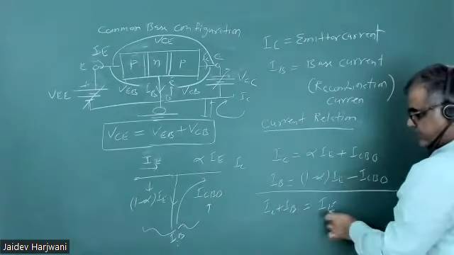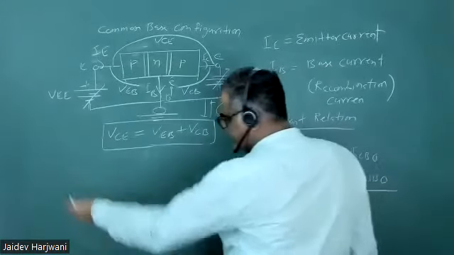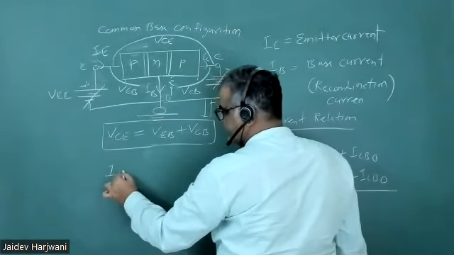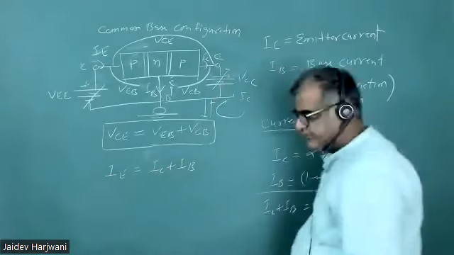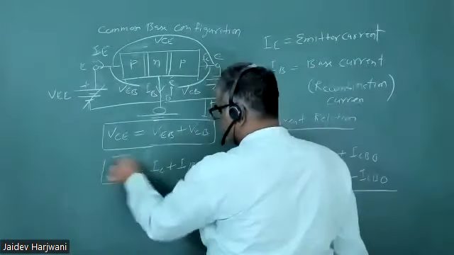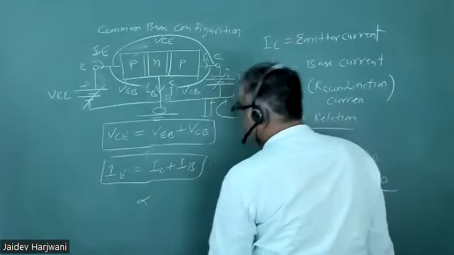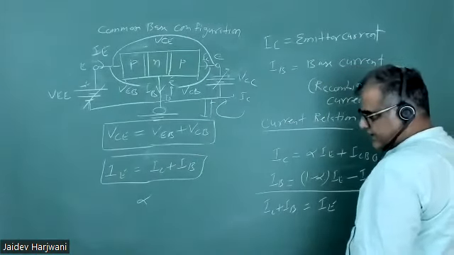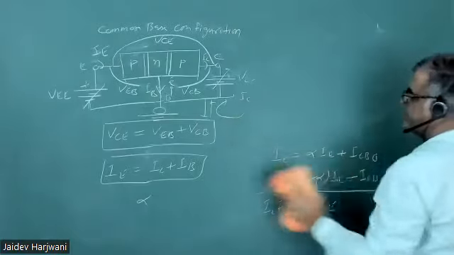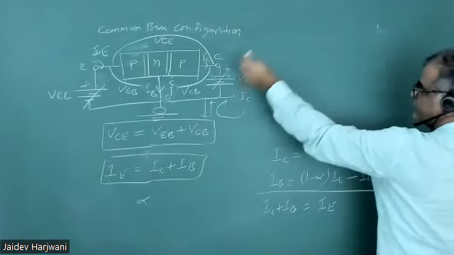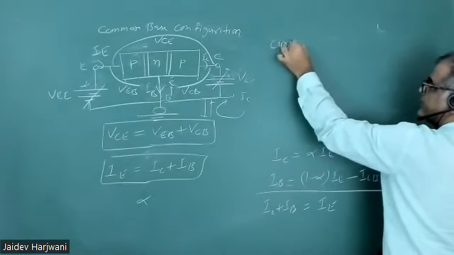Okay, now you sum this one. So this is called your main equation, fundamental equation of transistor. Okay, so your IE is equal to IC plus IB. This is your transistor equation, transistor current equation. Okay, now what is alpha? Alpha is current gain, common base current gain. So now let me write what is your alpha. This is the common base configuration, and in common base configuration, your current gain